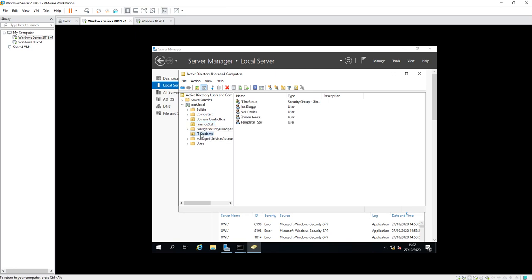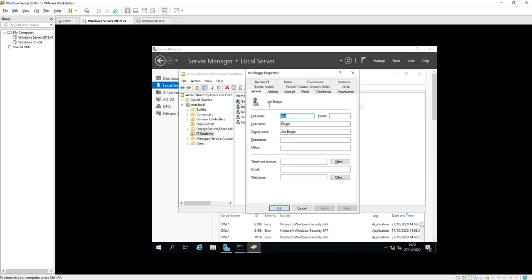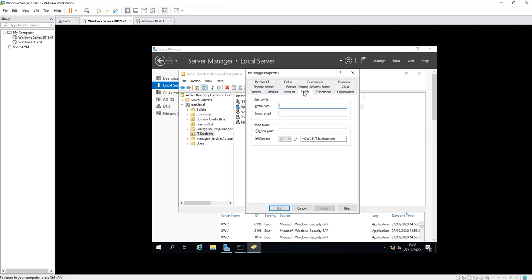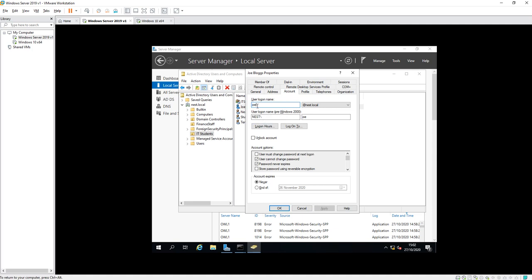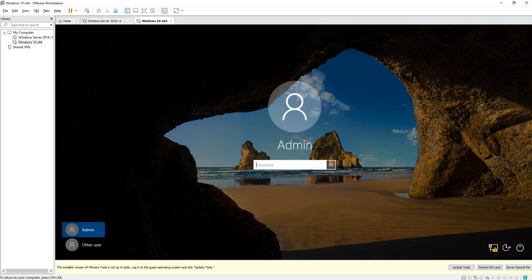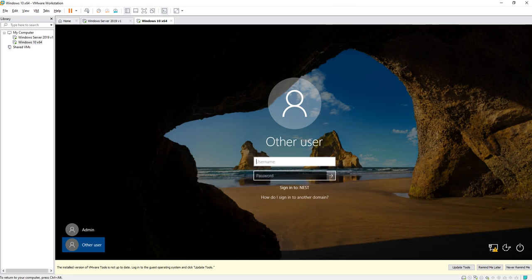And in IT Students, Joe, and he's got a profile, yeah, so he logs on as Joe. There it is there, user login name Joe. So I'll go back to my Windows 10 machine and I type in other user, sorry, nest/Joe and the password,